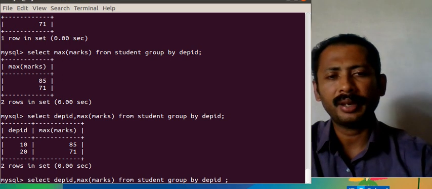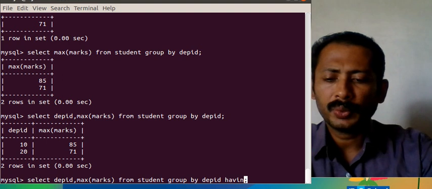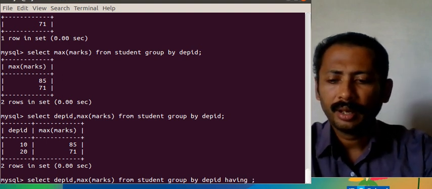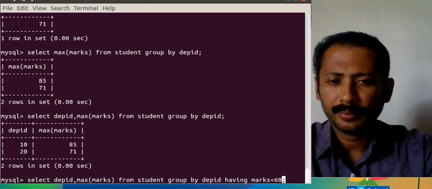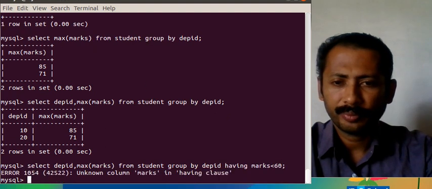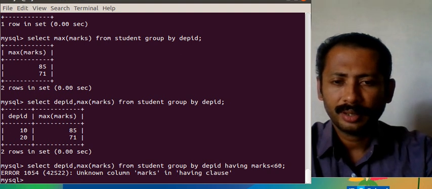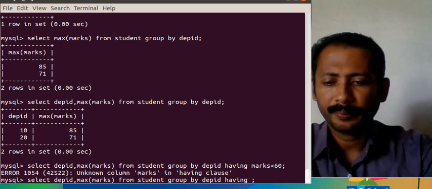Group by DEPID, I am giving a condition using a word called having. Having marks less than 60. Having DEPID equal to 10.